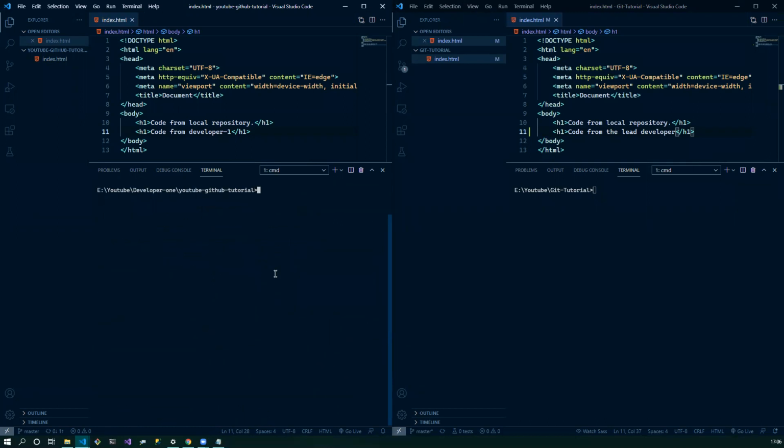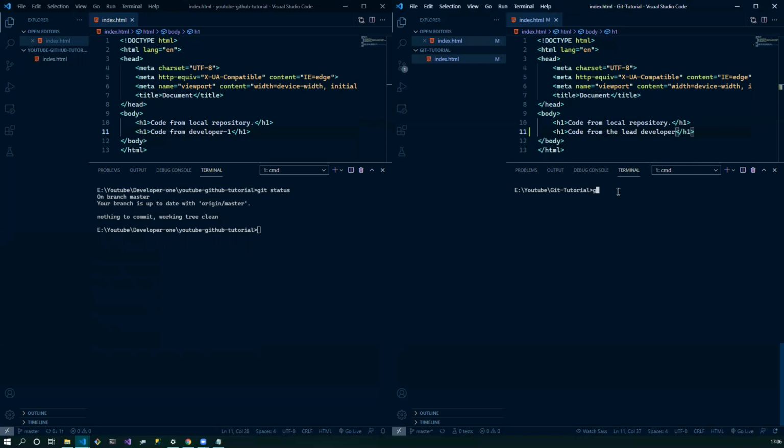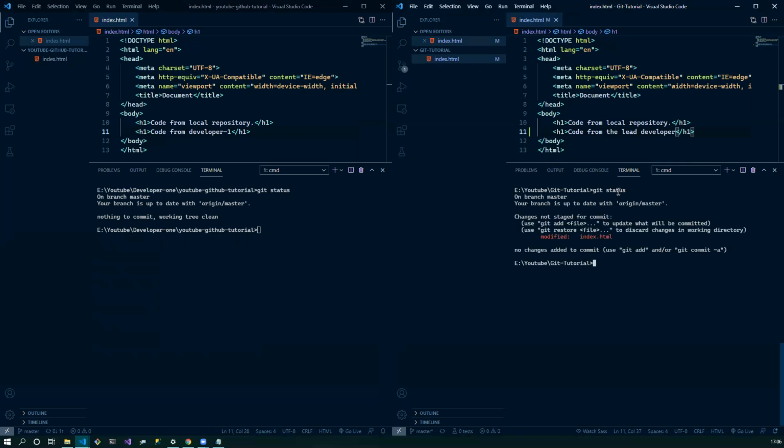Simple, right? So the changes have been pushed. Now check git status after clearing the screen. Up to date. Now here we can see git status. So you have modified. Let's do the same thing here. Git add period, git commit,